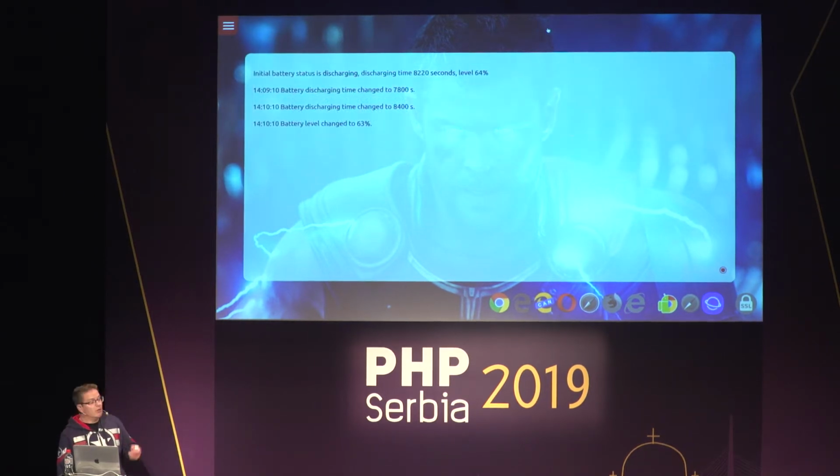As you can see, something already happened on my laptop here. It's now 63%, so let the demo gods be with me. If I plug it in, and I plug it out, and I plug it in,